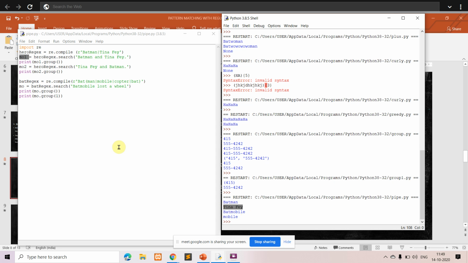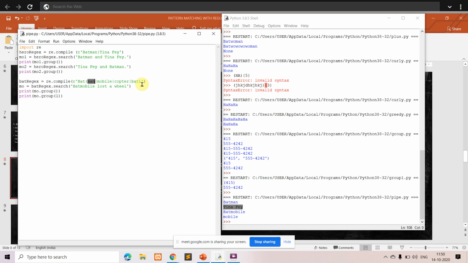Other than that, we can also use the pipe to match one of several patterns which are part of your regex. So here, what is the pattern? See, Bat is common, and after that your pattern can be either man, mobile, copter, or bat.